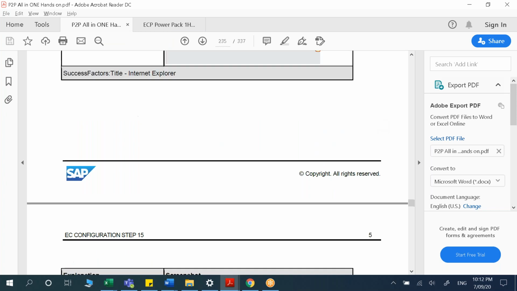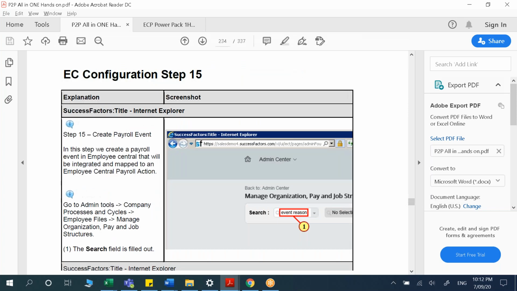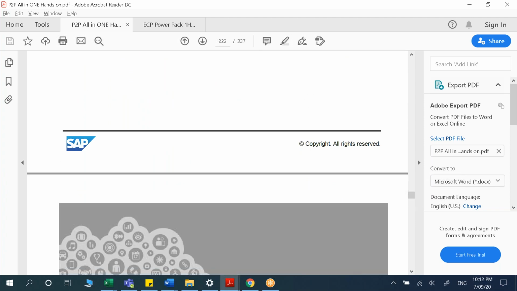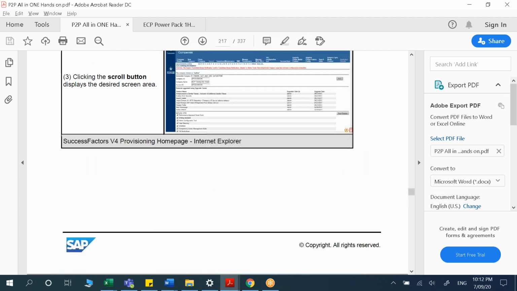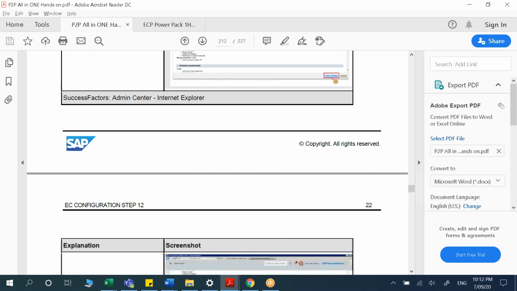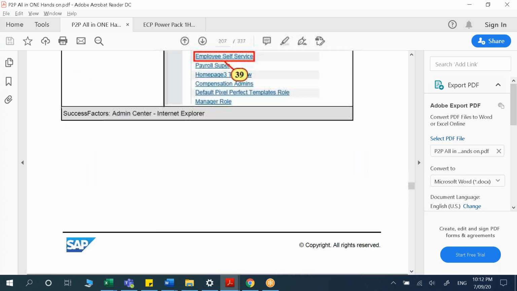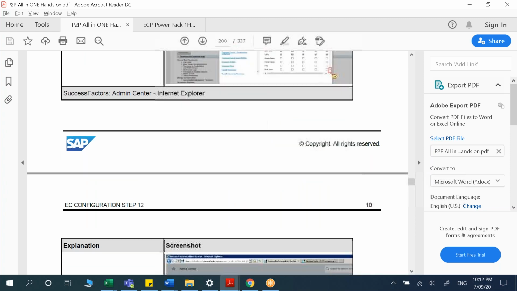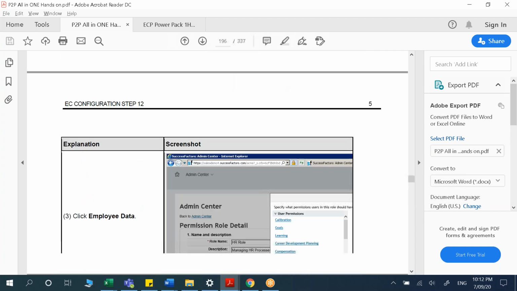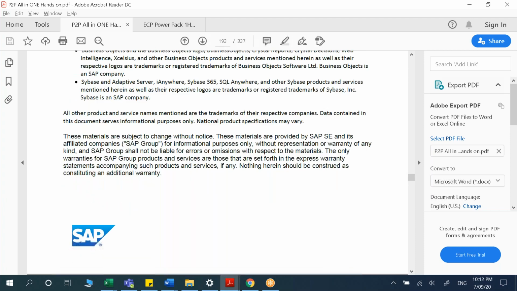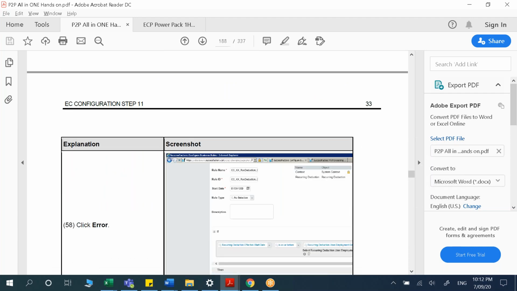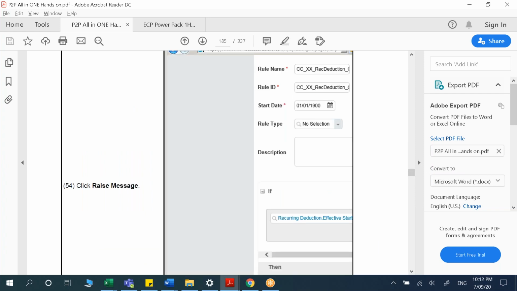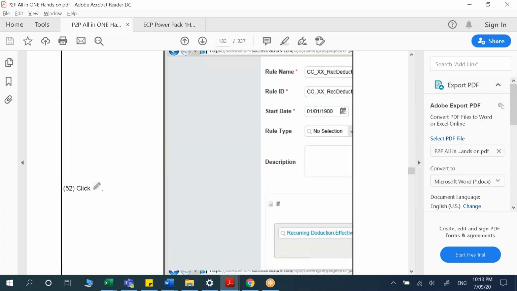Let me go to that step first. This 450. SF API or OData API, all those. Which one is this? Again, these documents are good info and too much info, and you have done a great job putting them together. However, I don't want to just take the documents away and be happy about those. I want to know what I'm getting through those documents. You know what I mean?